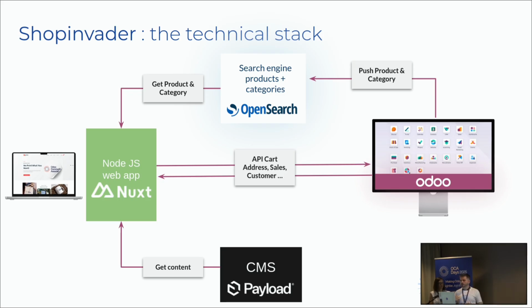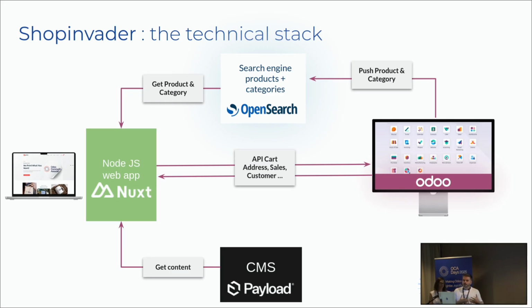So Odoo stores all the products and categories available online on OpenSearch, and OpenSearch is used by the web app to display the product page, category page, search, fast settings, and when our customer selects the right product due to this good search experience,